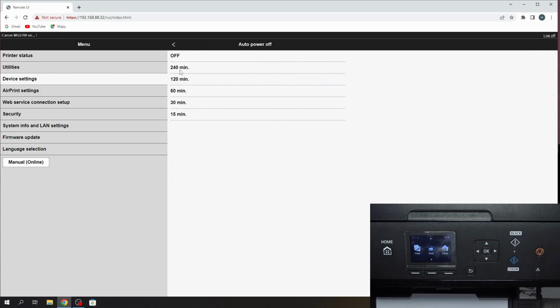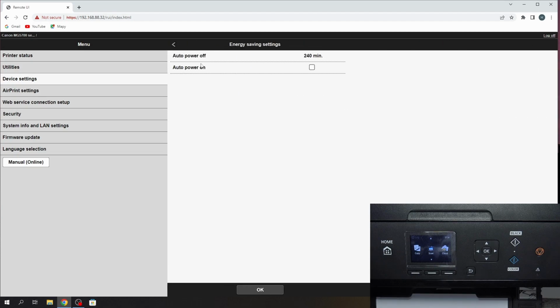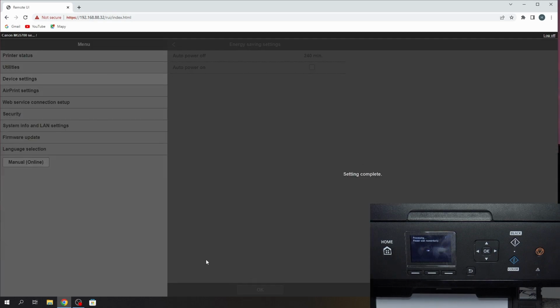So you can set up 240 minutes, for example. I will use this feature, and you can enable or disable the auto power on feature. Then don't forget to click on the OK button. And great,